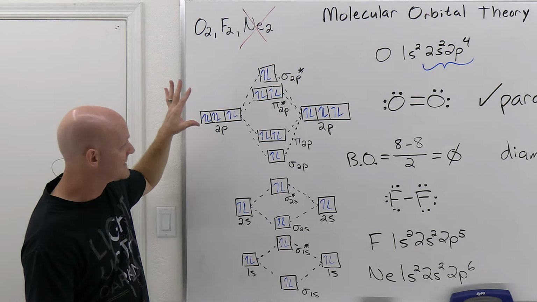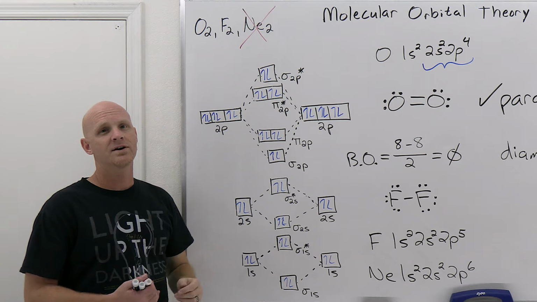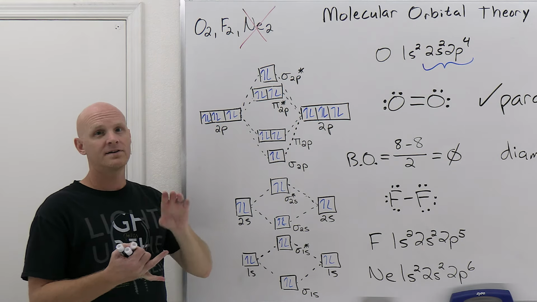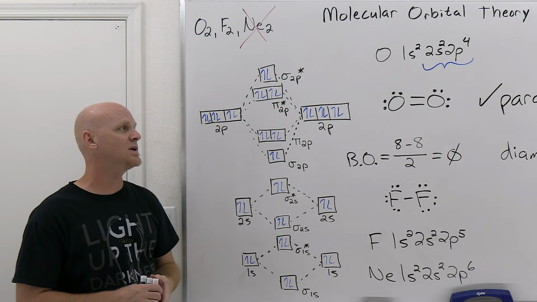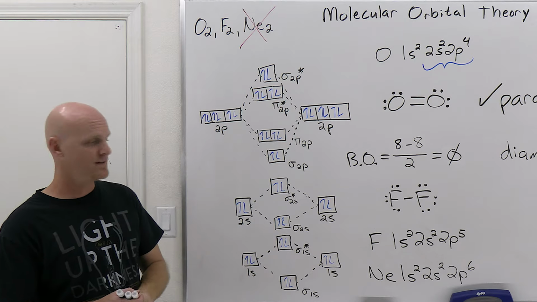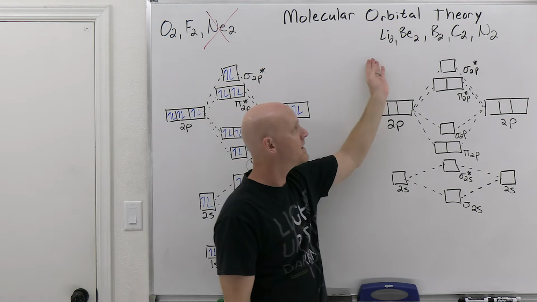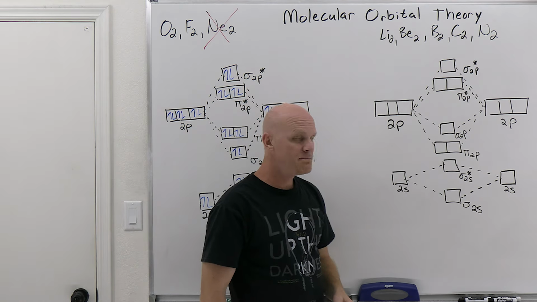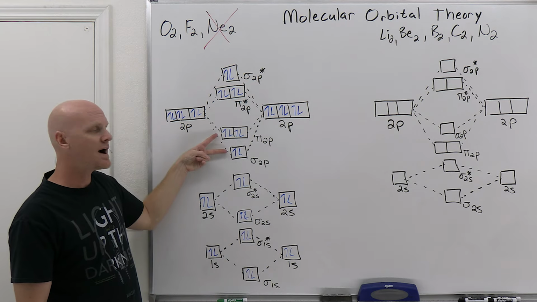Okay, so again, this is the MO diagram for O2, F2, Ne2. But if you want to take a look at everybody left of oxygen, so N2, C2, B2, Be2, or Li2, those period 2 elements, we're going to have to switch up the diagram just a little bit. Let's take a look. All right, so here I've got the MO diagram now for the other period 2 homonuclear diatomics. And we see one major change here, and that major change is the sigma 2p and pi 2p's